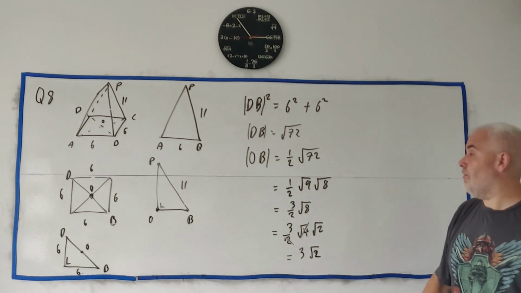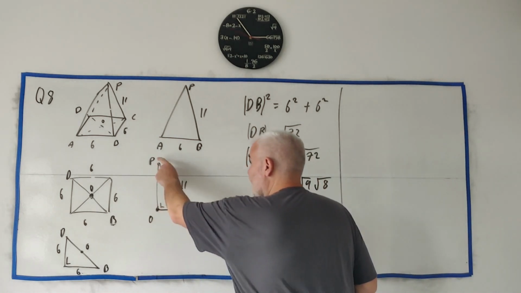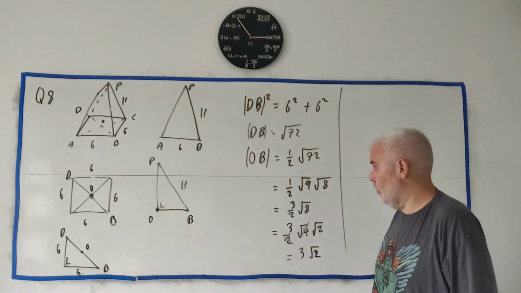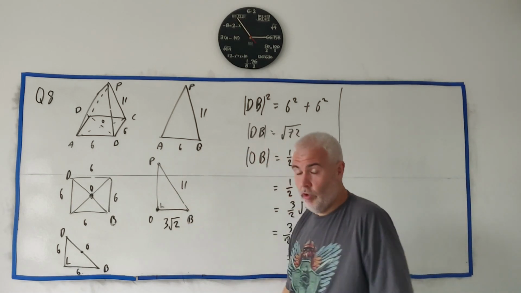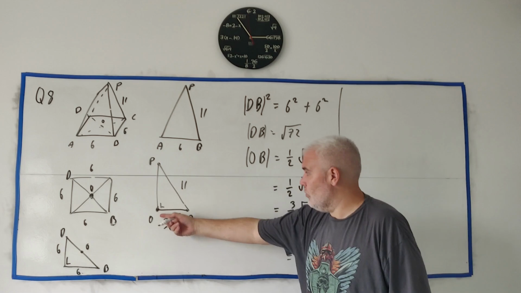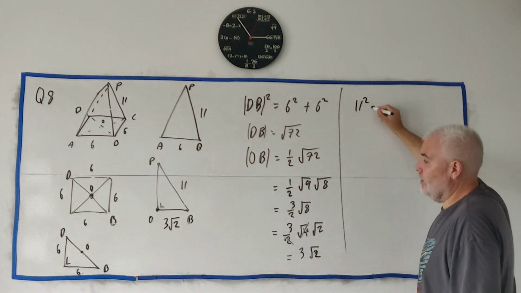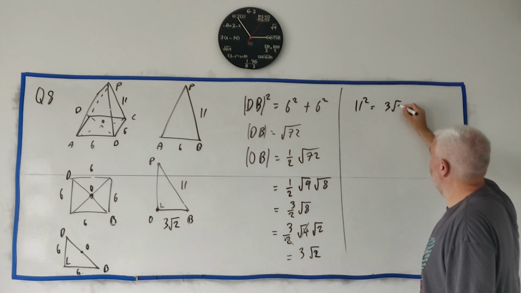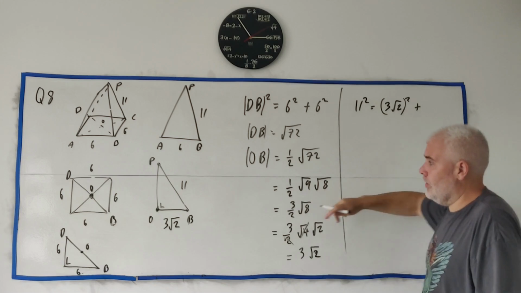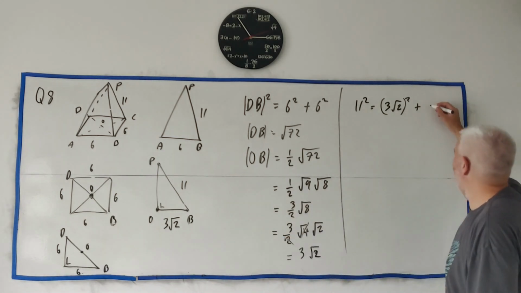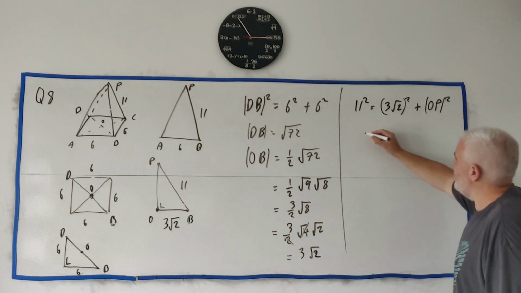Okay, next they ask us to find OP. O to P, and that's where this triangle comes in. I've already done all the real work here by drawing this triangle. This length goes right here. It's just Pythagoras theorem again. It's 11 squared is equal to 3 square root of 2 squared plus this OP. I usually throw in a letter for this, but I'll leave it as OP for now. OP squared. Rearrange this, we get OP